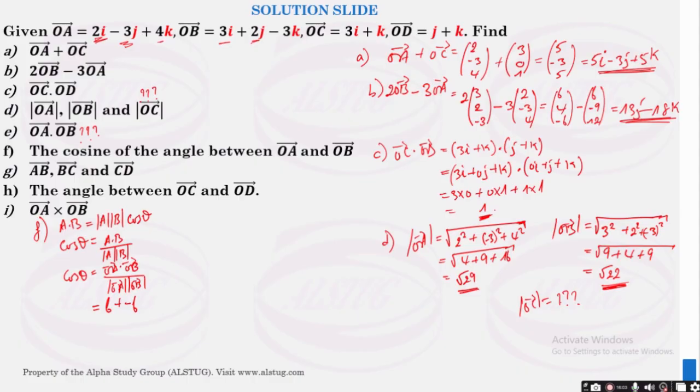Then we have 4 times negative 3, that gives us negative 12. All of that on